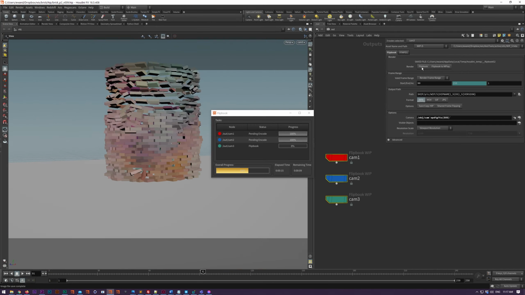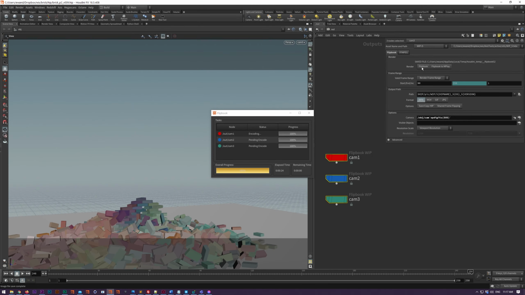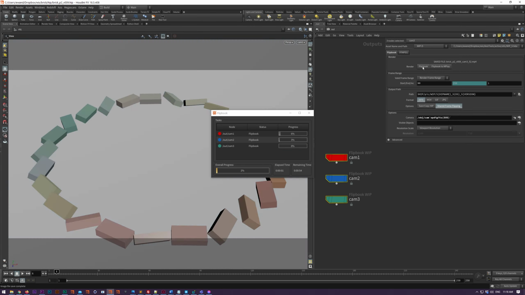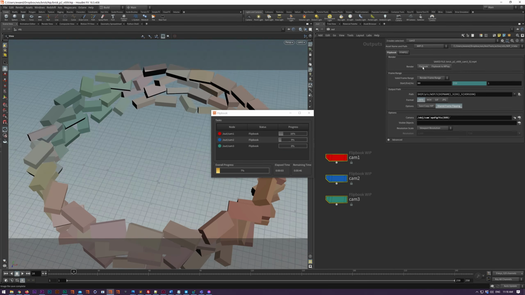There's also a UI pop-up that displays the progress and the remaining time. Another thing you can experiment with is shared frame flipping. Bit of a mouthful. Basically what it does is if you're flipping multiple flipbook nodes and any frames consistent across